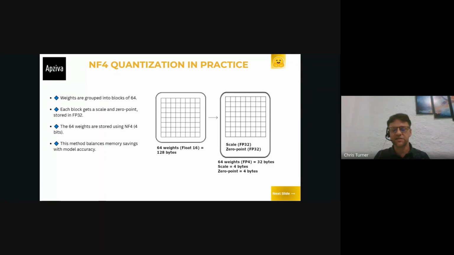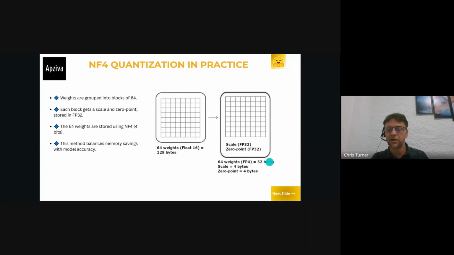So if we had 64 weights, represented here by this block of 8 by 8, and we downloaded that in float 16, it would be 128 bytes of space on our computer. But if we convert it into the 4-bit normal float, that 128 bytes is now going to only take 32 bytes.